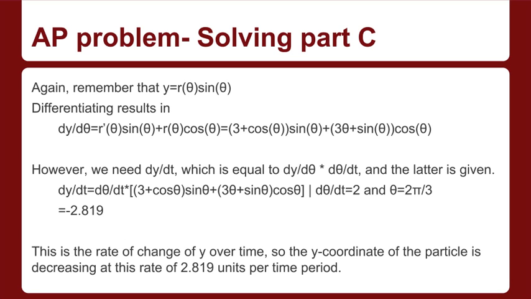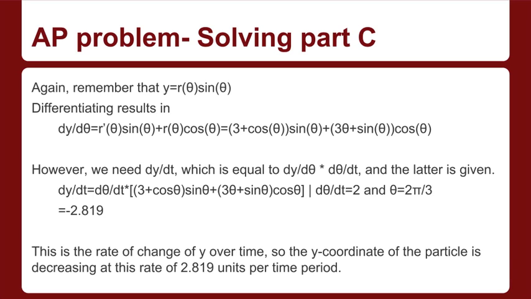This final section brings us back to derivatives. We must now find the rate of y-coordinate change over time, given that the change in the theta value is 2 per time period, specifically at the time when theta is equal to 2 pi over 3. Simply differentiate the y conversion formula to get dy d theta, as shown,